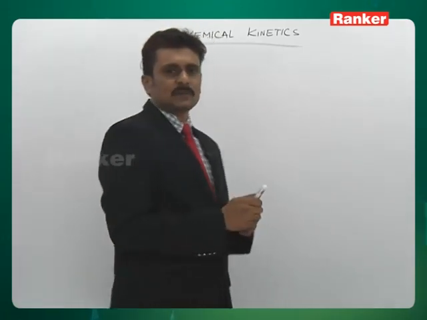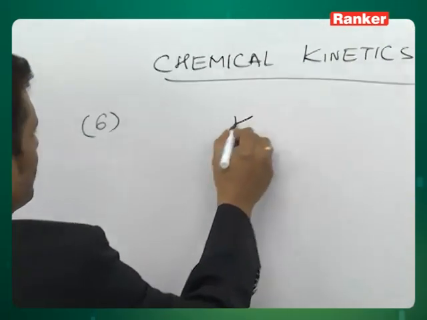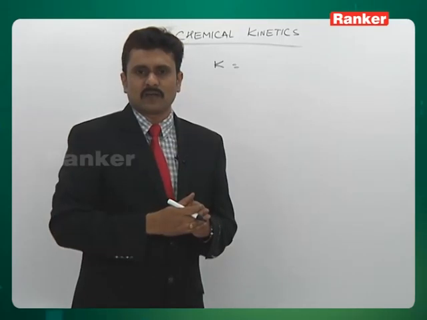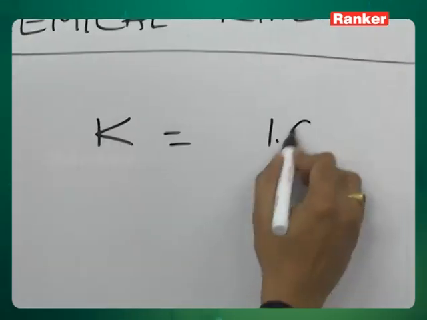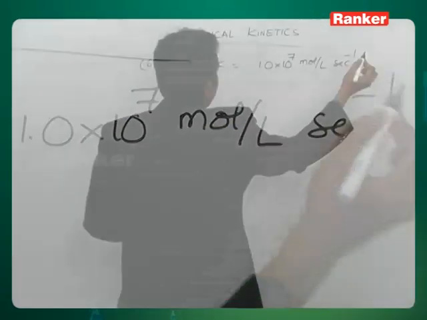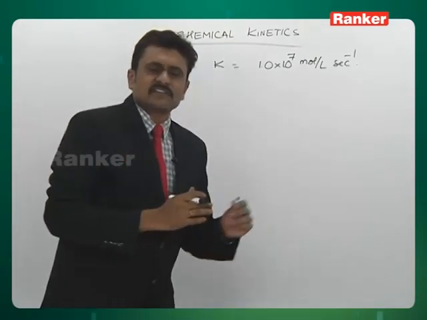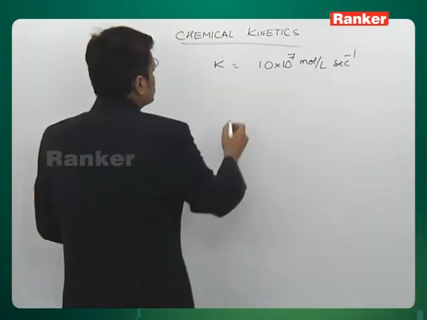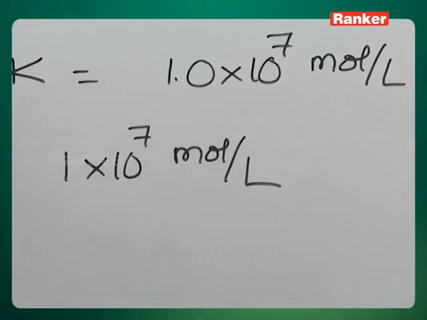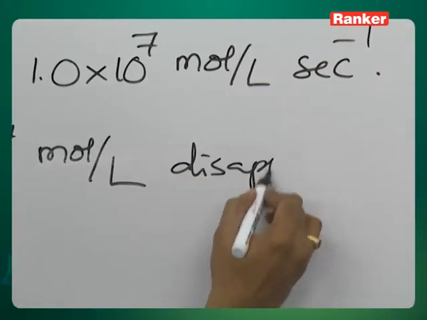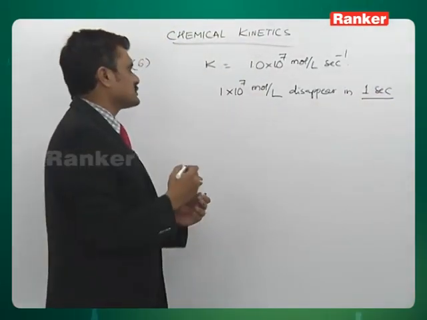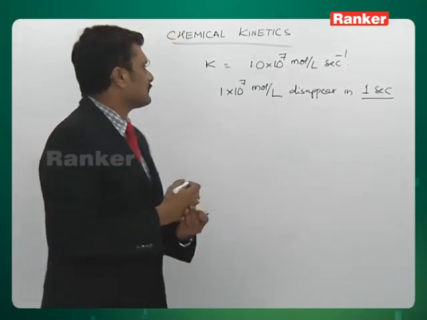What I mean to say is that you have been given the value of K for the disappearance of this H plus containing drop as 1 into 10 to the power 7 mole per liter per second. This information clearly indicates that if your drop, which is containing H plus ion, has this much concentration, it disappears in 1 second. So if such a drop having that much H plus ion is disappearing in 1 second, we have